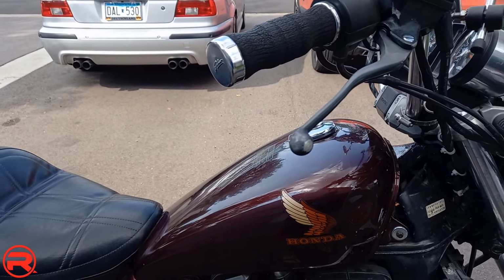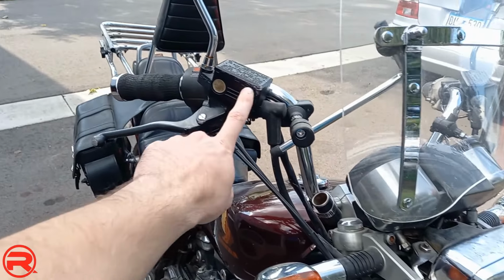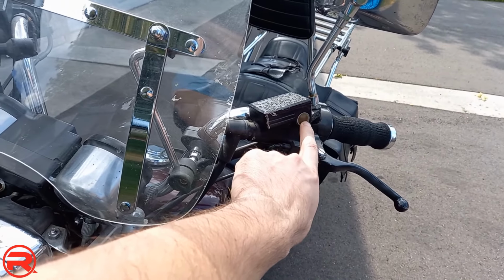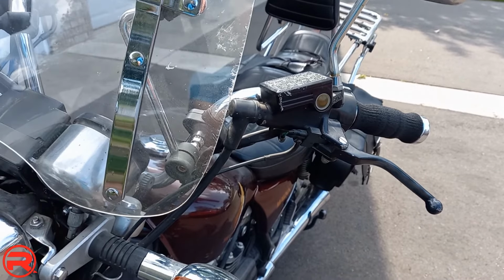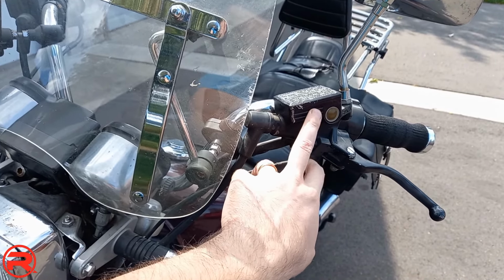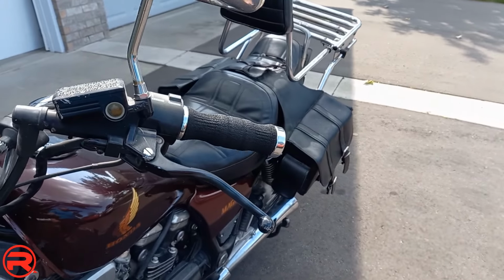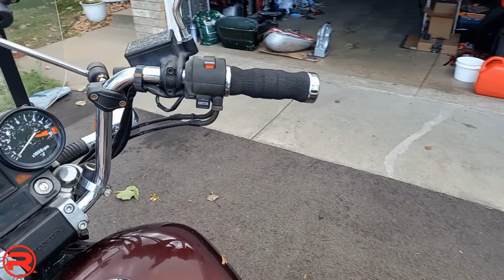Come on camera, here we go. So on both sides, even the brake master cylinder is damaged on both sides. This one not so much, but that window is just cracked, and I'm not sure if it's standard or not. I think that was changed as well. Some damage here and here. The not stock hand grips,